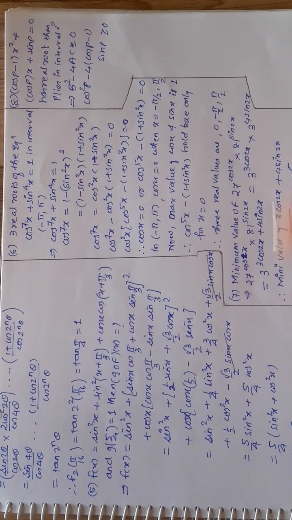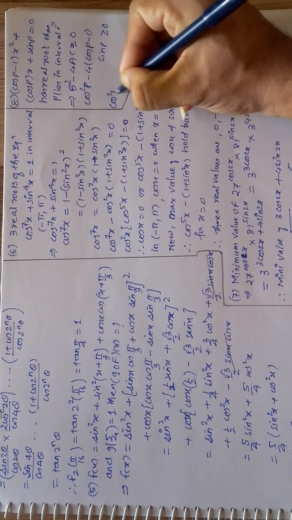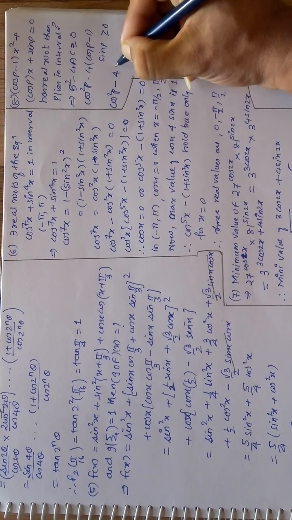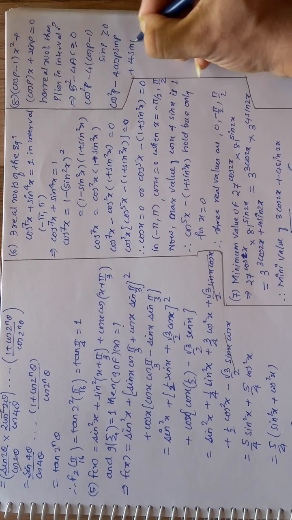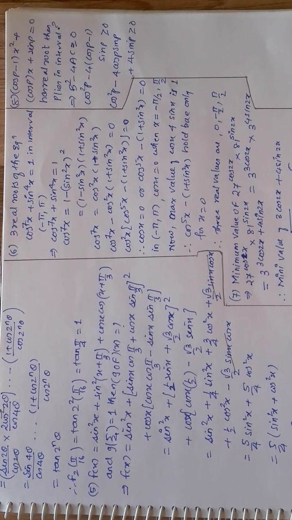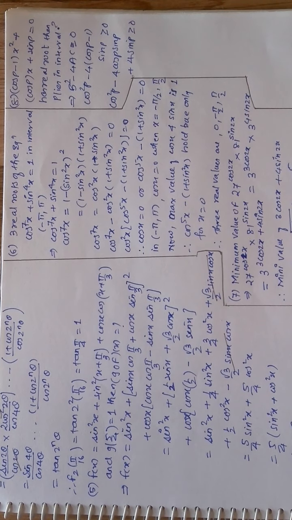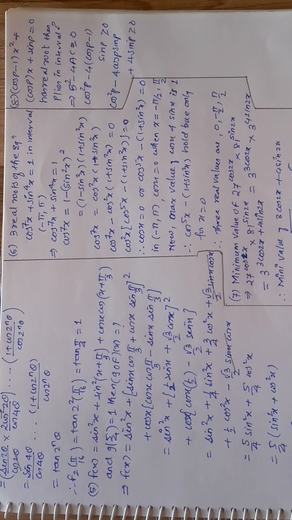Okay. Now cos square p, I will just expand this: cos square p minus 4 cos p sin p plus 4 sin p, this is greater than equal to 0. Now in this type of discriminant question, I will tell you one hint. Try to make a whole square somehow, because once you make a whole square, that value is always positive, so neglect that, throw it away, we do not need it, and then discuss the remaining part.